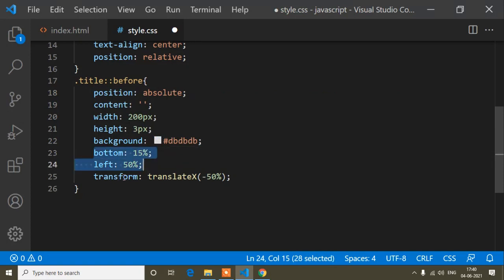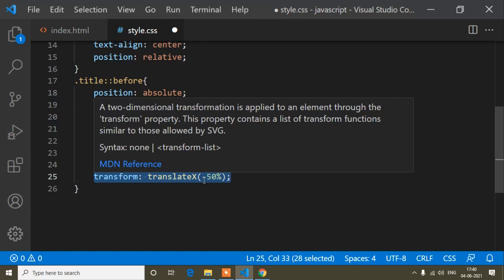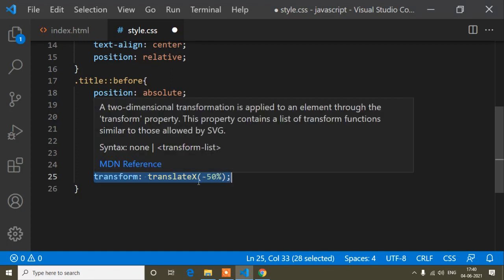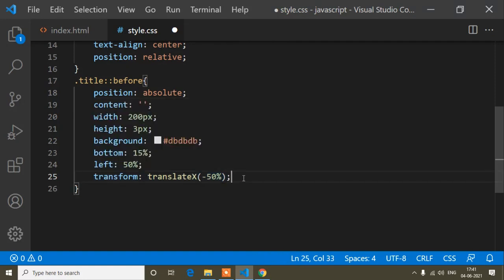And guys, transform translate is actually the same as bottom, left, top, right, it's the same as these properties, but it makes them stronger. So that's why we pass transform translate. So guys, here you can see I have not passed transform translate, I have passed transform translateX. So always x denotes the width, and y denotes the height.